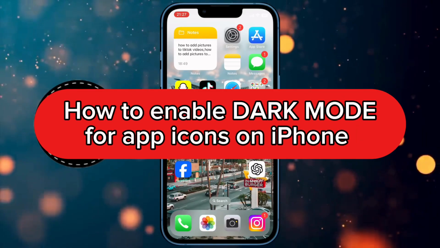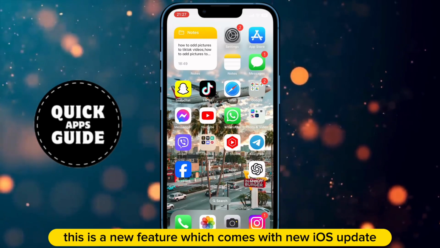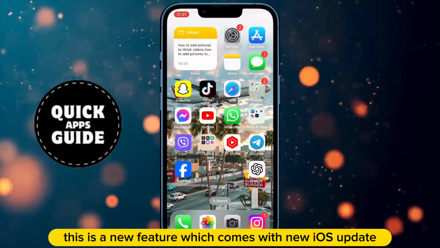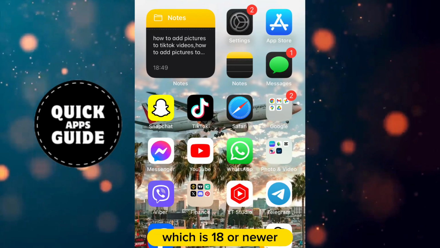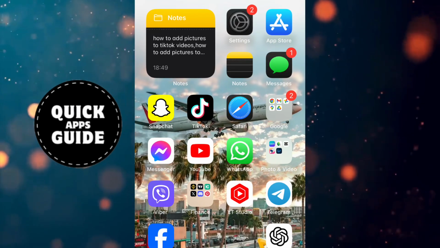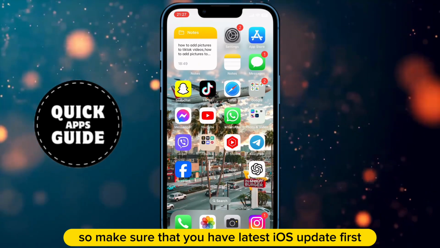Let's learn how to enable dark mode for app icons on iPhone iOS 18. This is a new feature which comes with the new iOS update. Because of that, you'll have to make sure that you have the latest iOS update, which is 18 or newer. This will not work if you have iOS 17 or lower, so make sure that you have the latest iOS